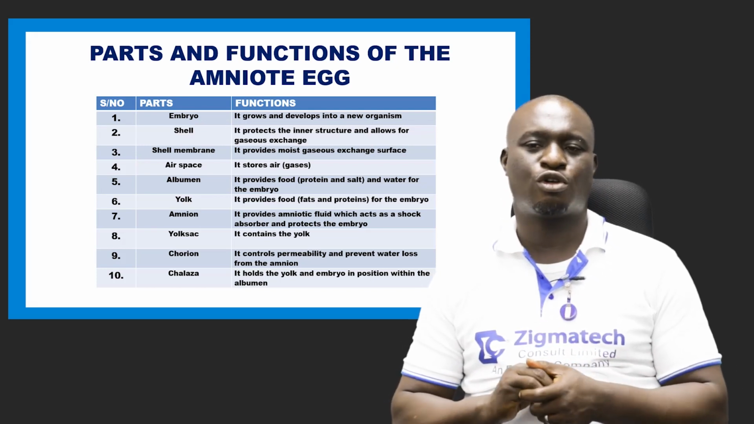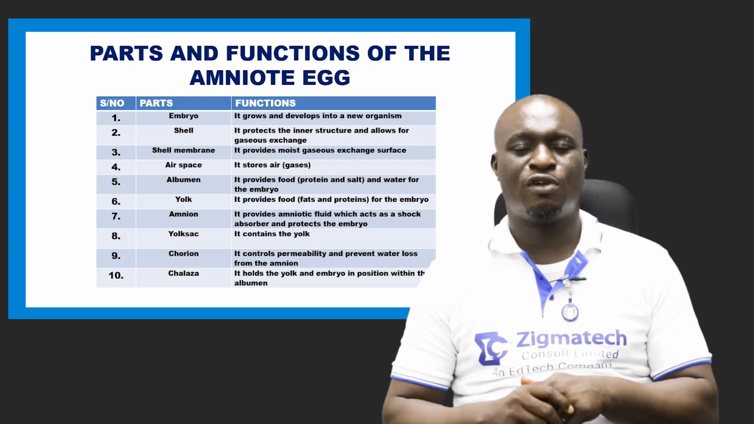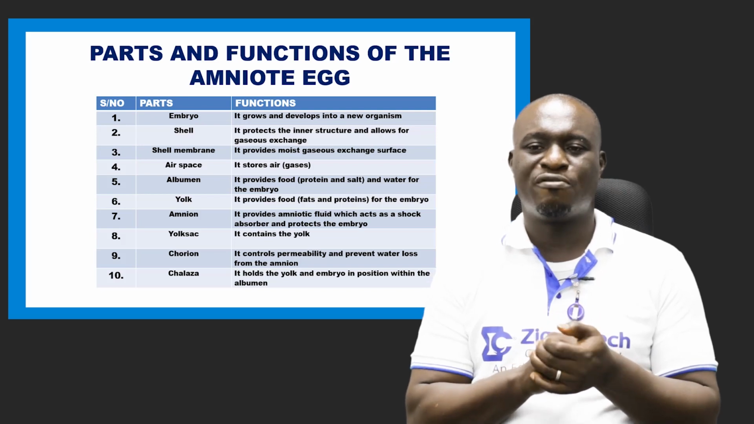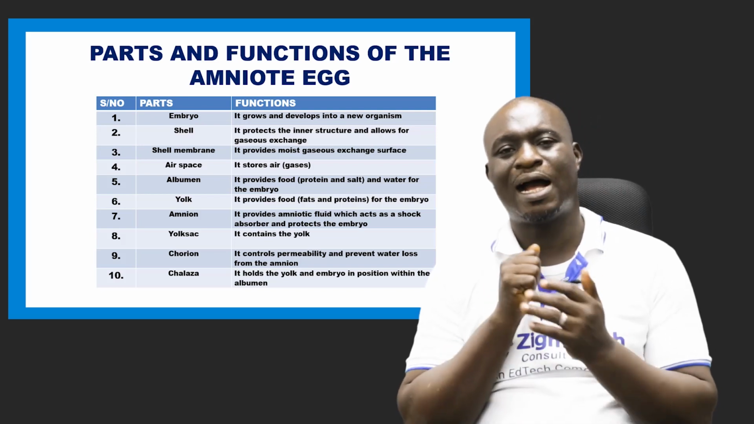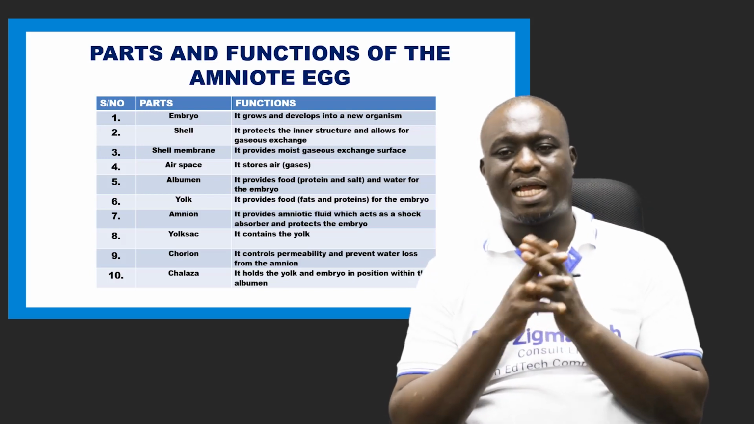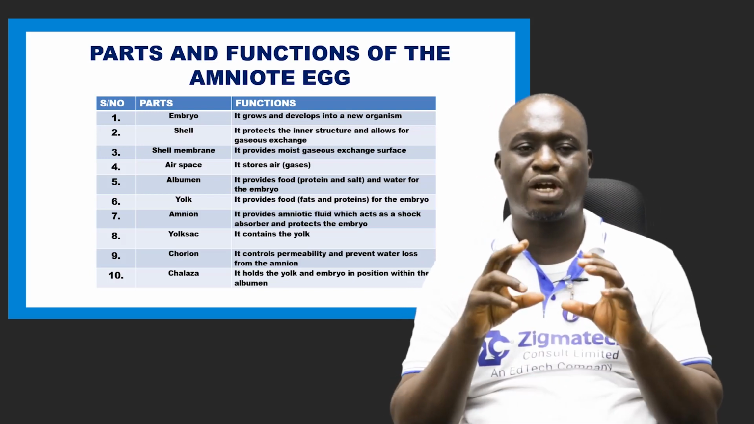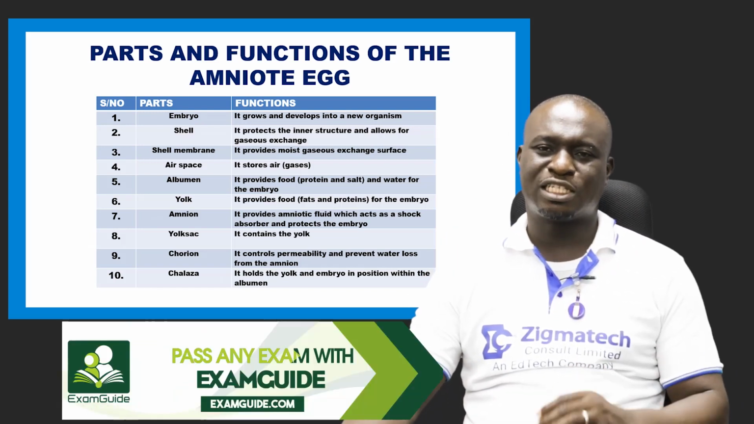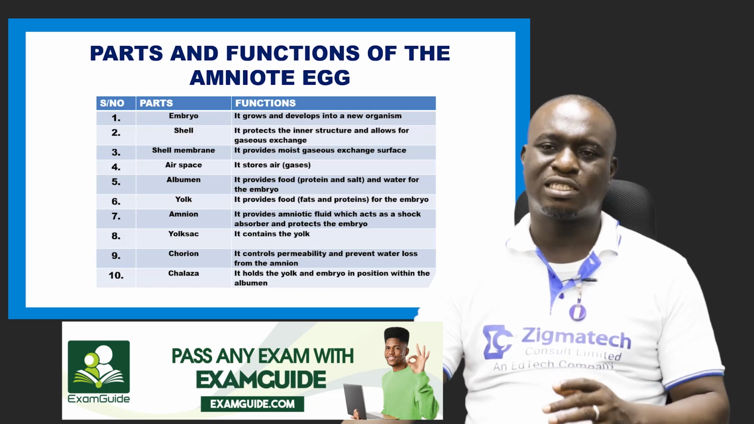Then also we have the chorion. Now the major function of the chorion is that it controls permeability and prevents water loss from the amnion. And then finally we have the chalaza. Now the chalaza holds the yolk and the embryo in position within the albumen. So these are some of the functions of the parts of the